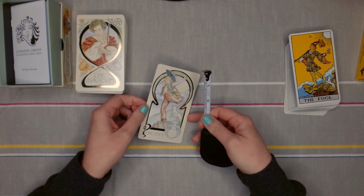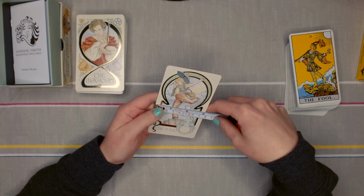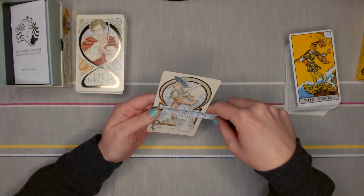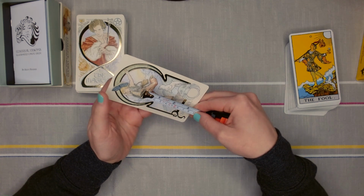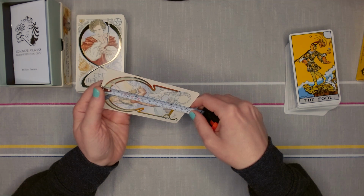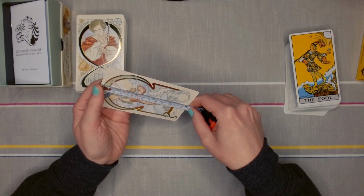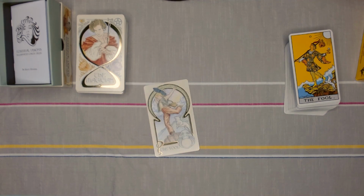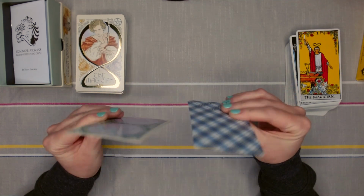Let's see, what are the measurements here? Oh wow, that's 3 inches exactly, so you're looking at just over 7.6 centimeters. And then this way is gonna be barely over 5 inches, and it looks like it's exactly 12.7 centimeters there. And it's a little bit thicker